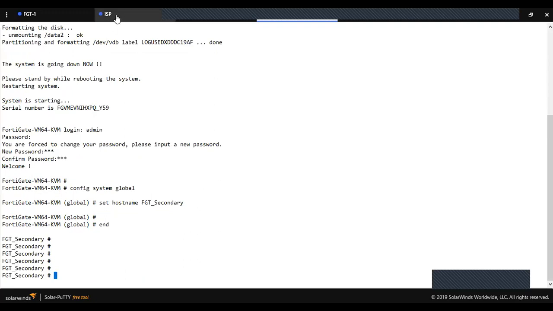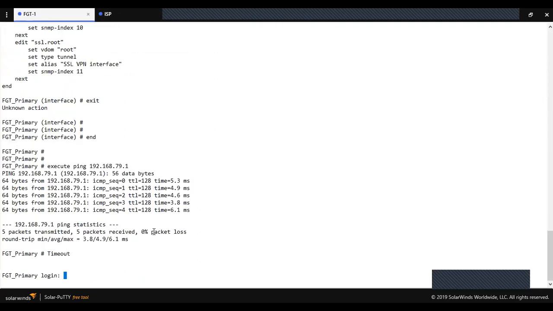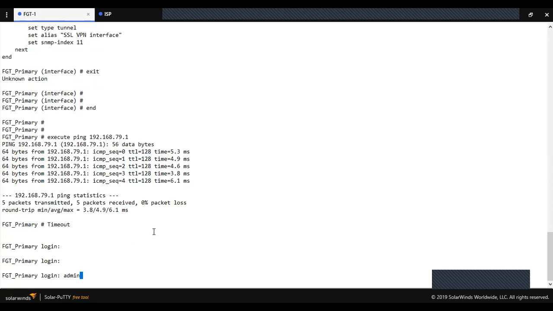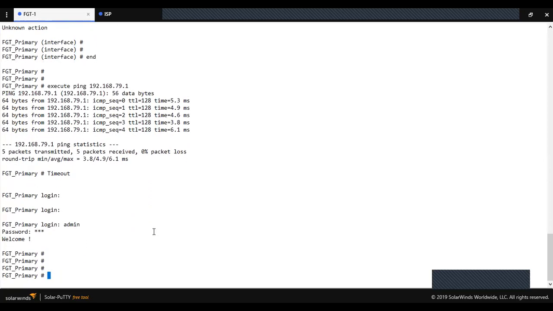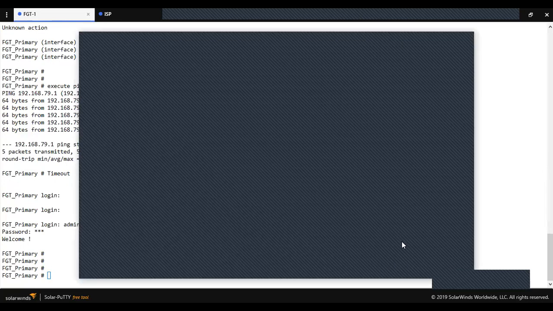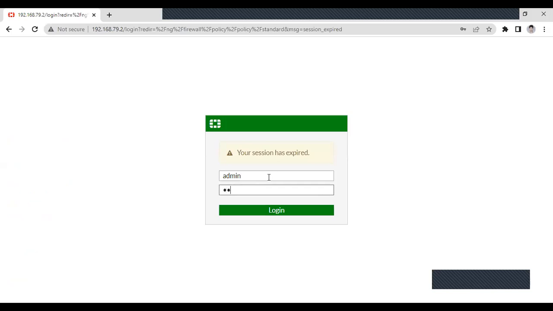Now I am going to configure the HA configuration on the FortiGate primary firewall. Let me show you. Till now I didn't configure any HA configuration.